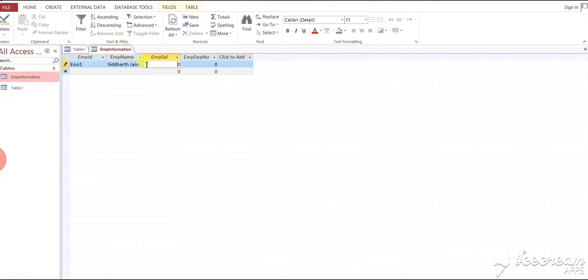Then insert employee salary, then employee department number, then next one E002, then employee name, then employee salary, then department number, then third one, 3.